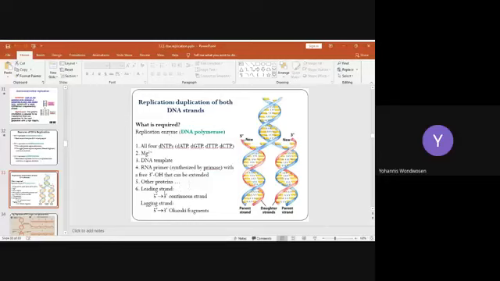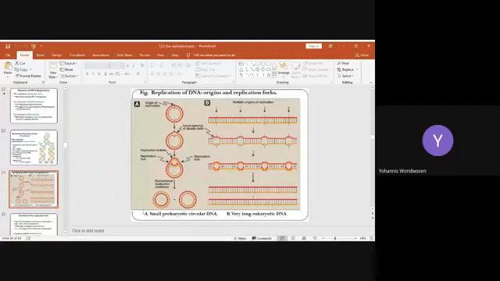I told you the leading strand is synthesized from 5 prime to 3 prime as a continuous strand, whereas the lagging strand has Okazaki fragments, and there is also a difference on the level of replication or origin of replication as well. For example, most unicellular organisms, the bacteria or virus, do have a circular DNA structure and they can be able to form only one